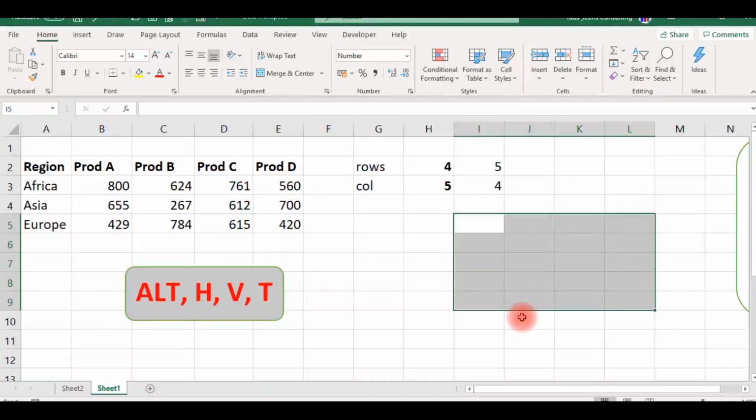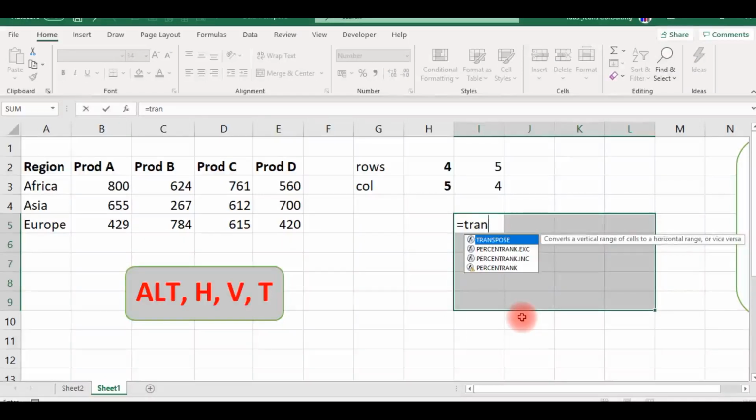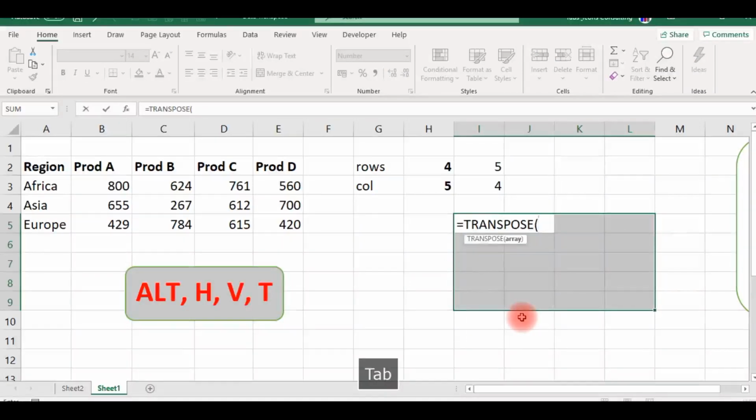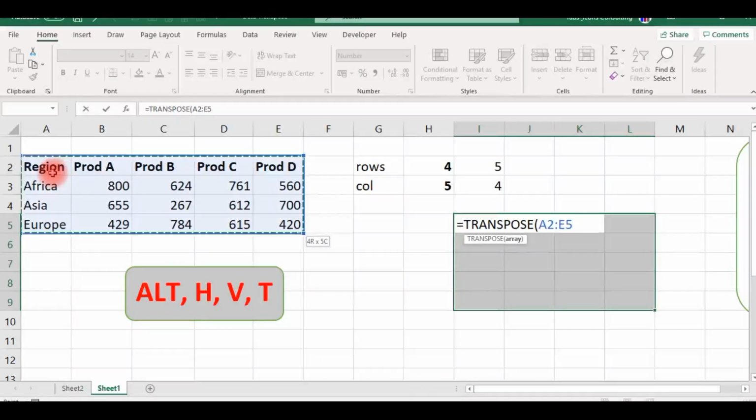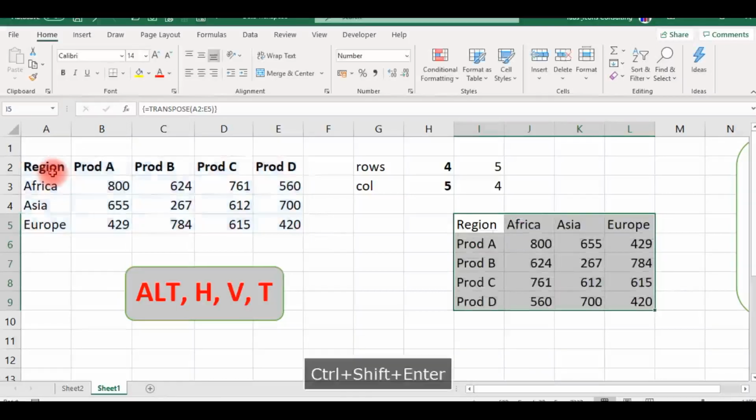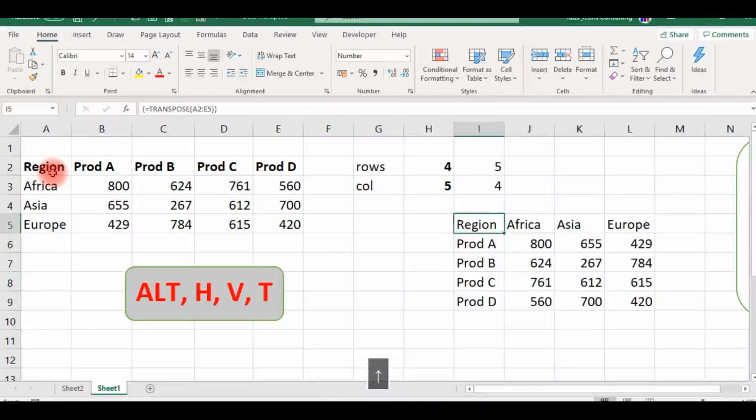So I type equal to, I type transpose. Transpose is a function. I take my tab, open up the bracket, and it's asking me for the array. So I come here and highlight the whole of this. That's what I'm going to transpose. And I take Control Shift Enter. That's how we enter array formulas. Now this is the linked